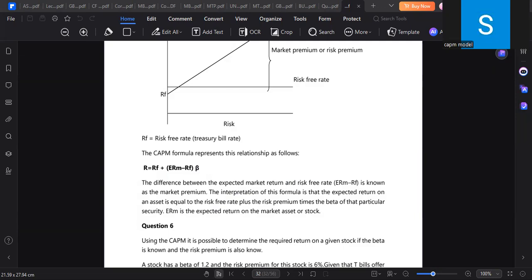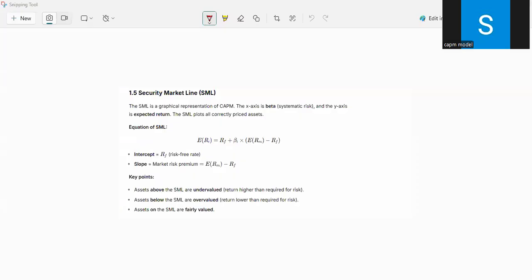The security market line. What does it do? What is the SML line? So when you're talking about the SML line, it's simply a graph that shows the relationship between risk and expected